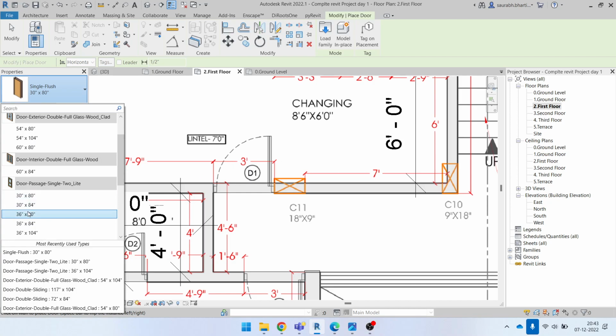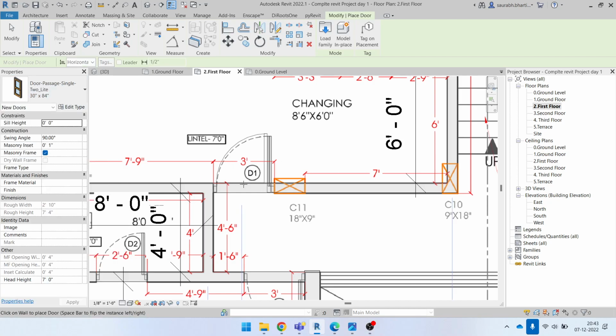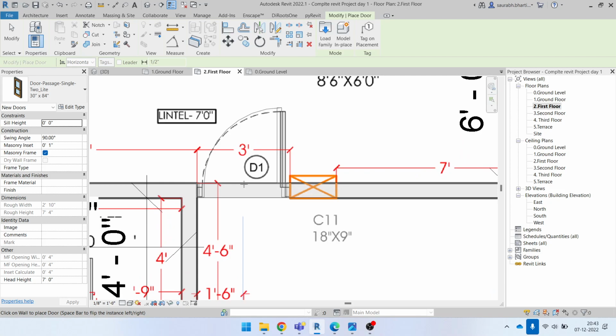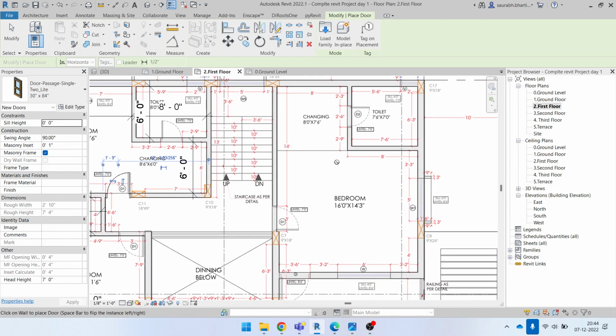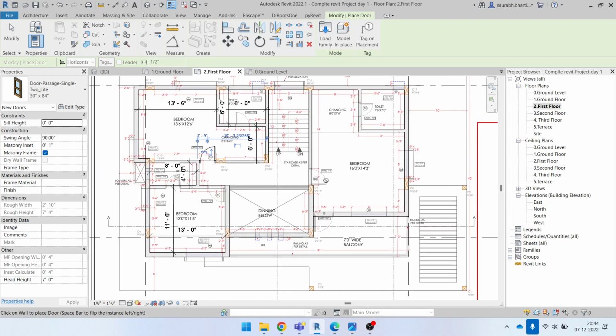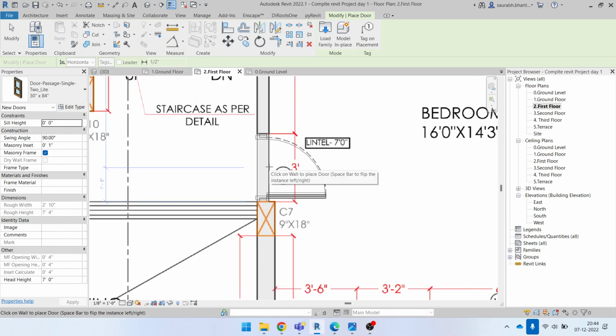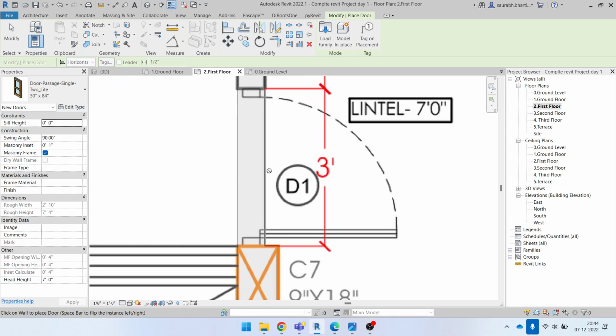So this is a 3 feet door, so I'm just going to use the 36 by 84 door. So this is our 36 by 84 door, and everywhere we are going to place it. So this is like 2 feet 6 inches. We will use that door later on. Here is the 3 feet. So just try to put the 3 feet door here,